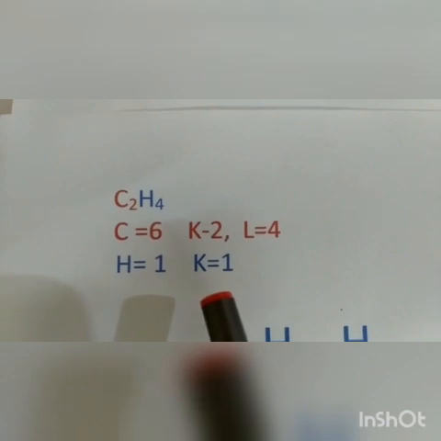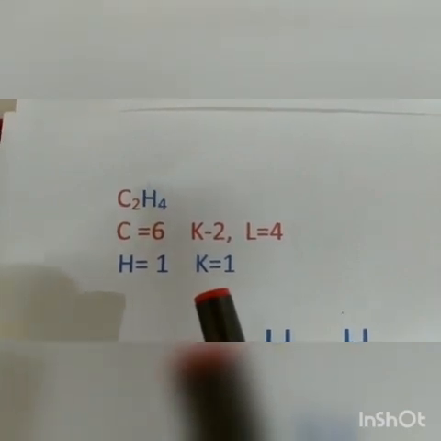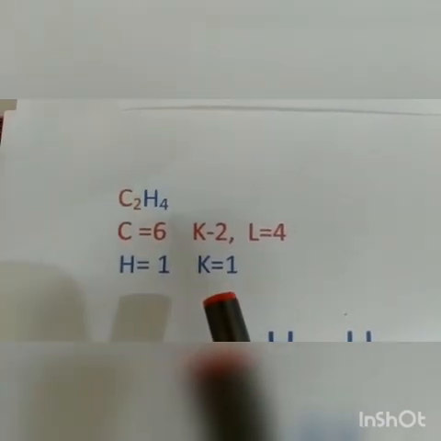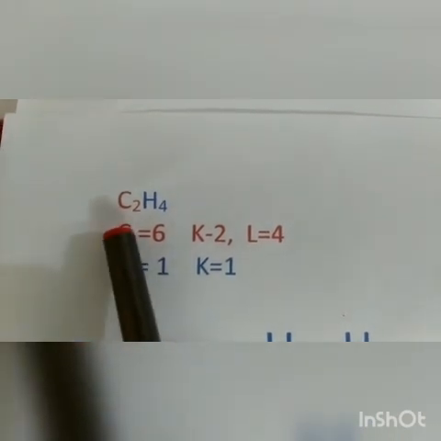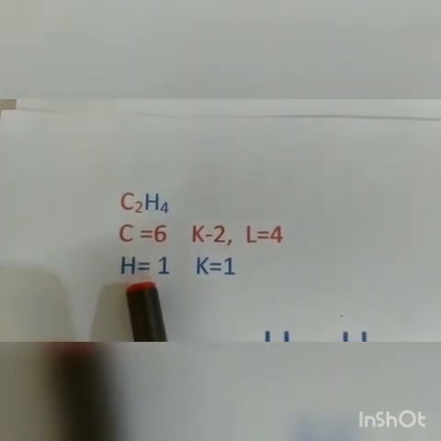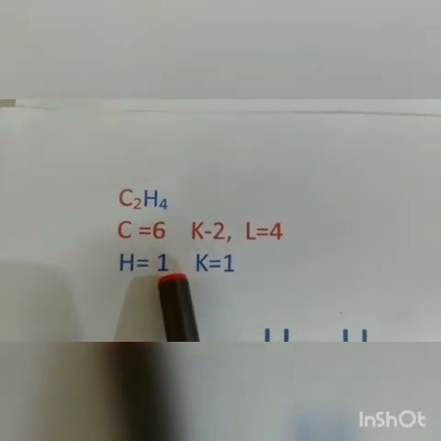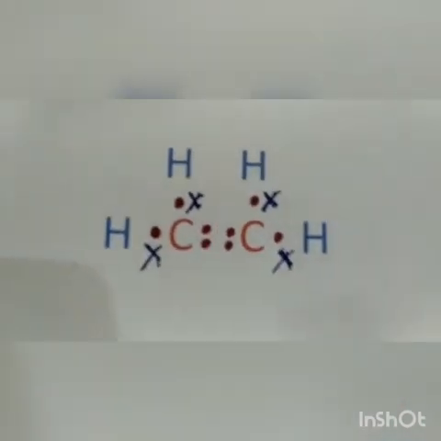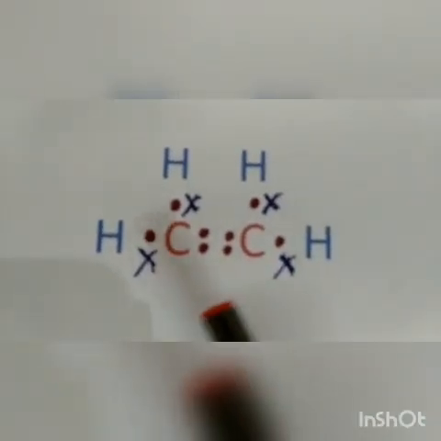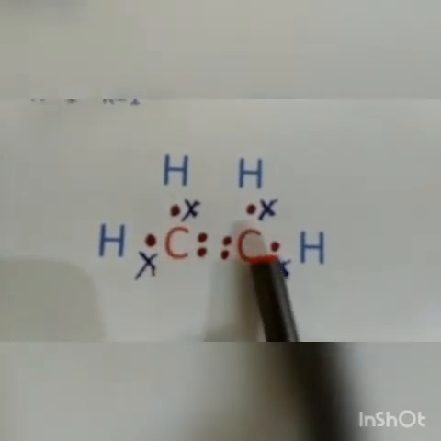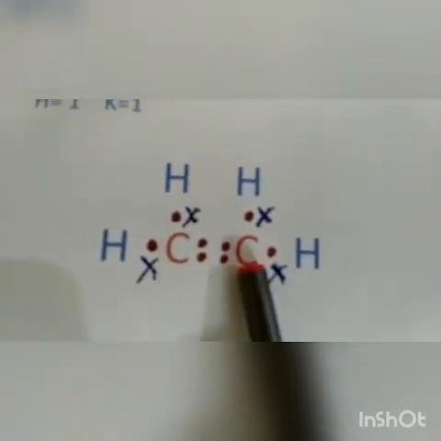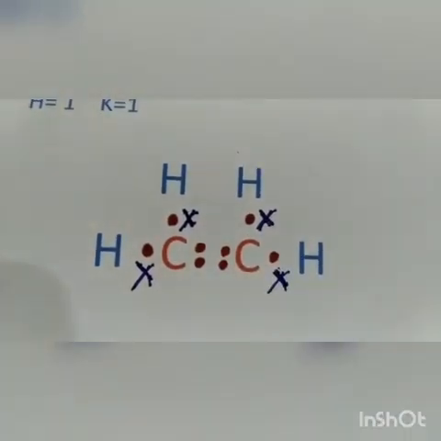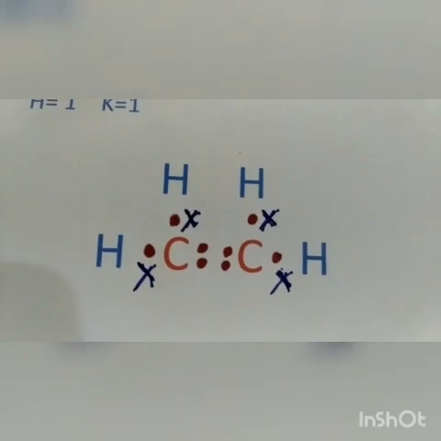And I told you to remember that always the equal number of electrons are shared. So between carbon and hydrogen always 1 electron is shared because hydrogen has only 1 electron. Now let us see the covalent bonding in this compound. Please see here. Now there are 2 carbon atoms. So these are the 2 carbon atoms. There are 4 hydrogen atoms. So 1, 2, 3, 4. These are the 4 hydrogen atoms.